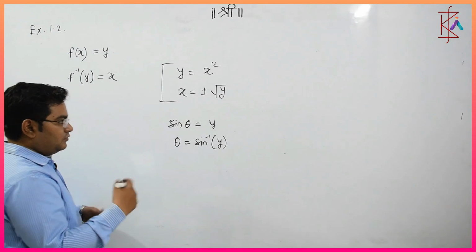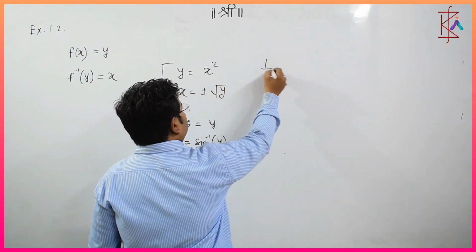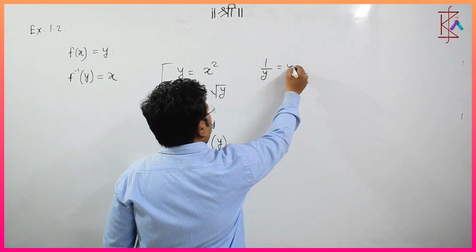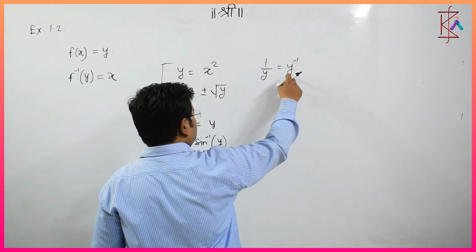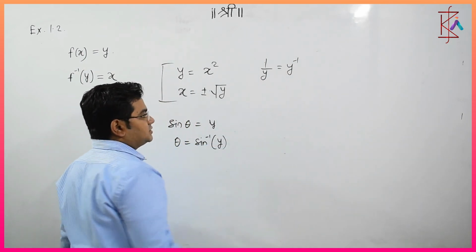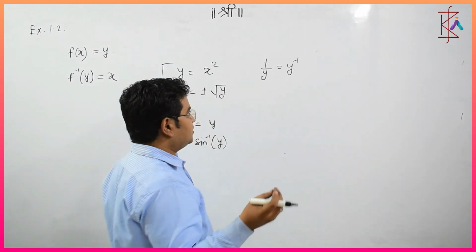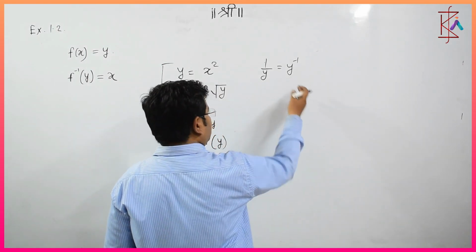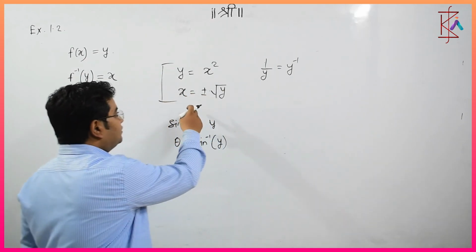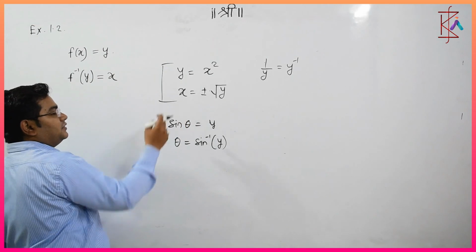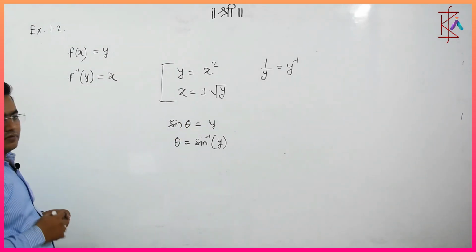Not that whole value. Most of the students take the inverse of y, treating y as the inverse of y. We don't want to make the inverse of this number, y or anything else: x, theta, y, alpha. These are only numbers, not particular symbols. Making their inverse is true and accepted. But when we are dealing with function inverses, at that time we need to reverse that process. On that basis we can simply get our values.